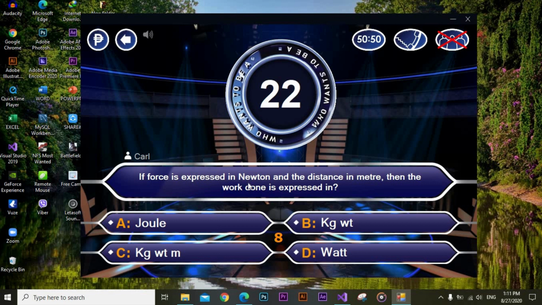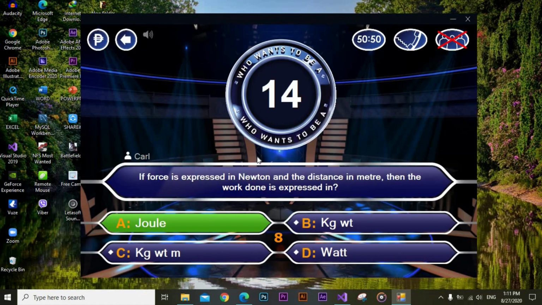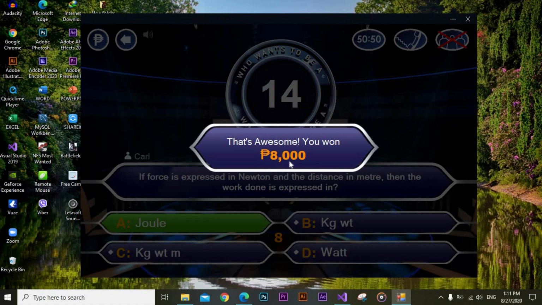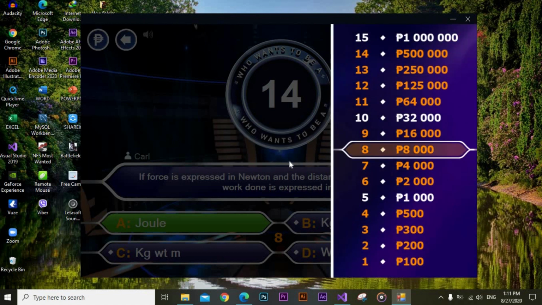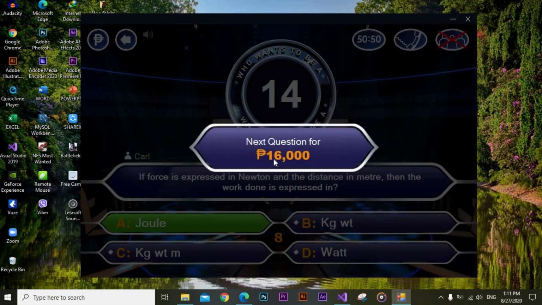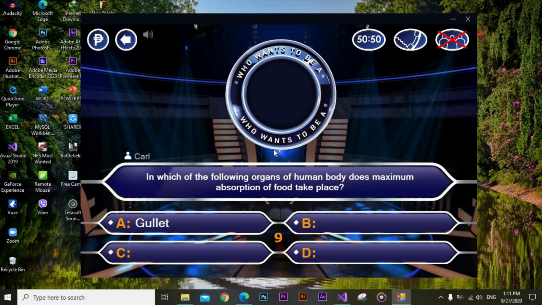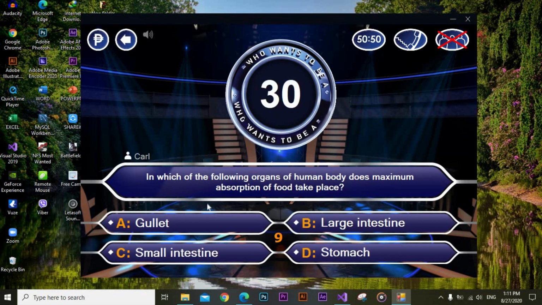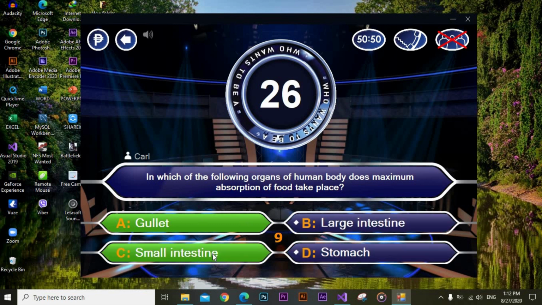Force is expressed in Newton and the distance in meters. Let's say true. That's awesome. Also guys, I made random wordings for those, like awesome, fabulous, that's good.